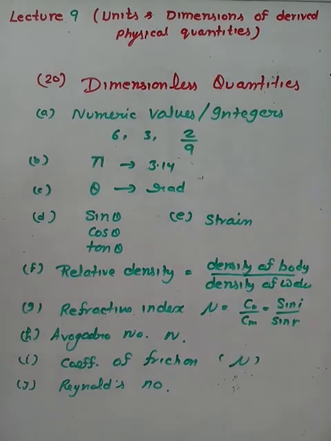Now all these parameters which I have written here are dimensionless quantities. Therefore, I have discussed 20 physical quantities. In the NCERT book there are around 60 physical quantities, but if you are able to learn all these 20 quantities, then you can easily solve any numericals, which will be our next topic. So learn it. I will give you a second assignment based on these topics. Thank you. Have a nice day.